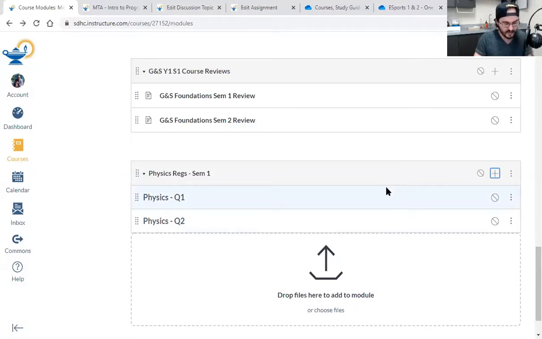So if I teach 3 things in quarter 1 for physics when I taught it: intro to physics, speed and velocity, and acceleration. That's 3 different modules. So I now have 3 different modules for quarter 1, another 3 for quarter 2, and then another 6 more for the next. So for just one course, physics, I'm going to have 12 different modules. I don't even know what you're doing in English, where every week's a different module. So I'm going to keep it simple.